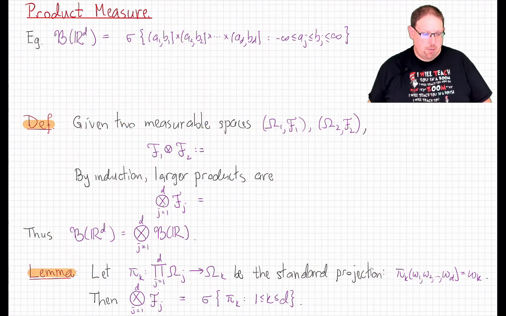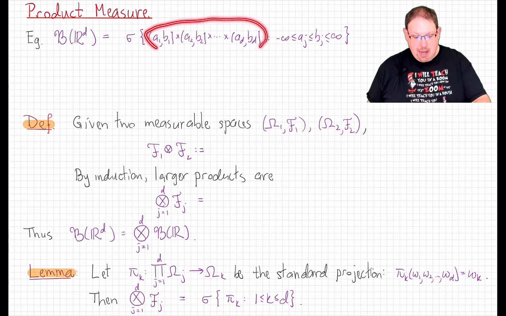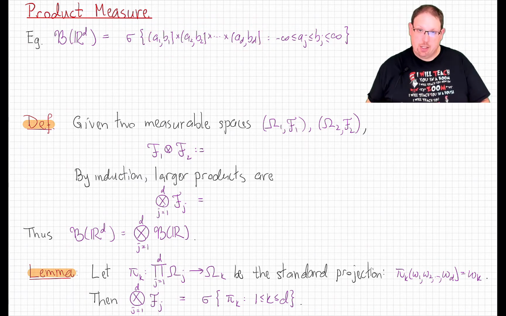We now come to the final purely measure-theoretic topic for the course, product measure. We've already seen one important example of a product measure, Borel measure, on d-dimensional Euclidean space. We defined Borel measure on R^d to be the sigma field generated by half-open rectangular prisms, that is, by Cartesian